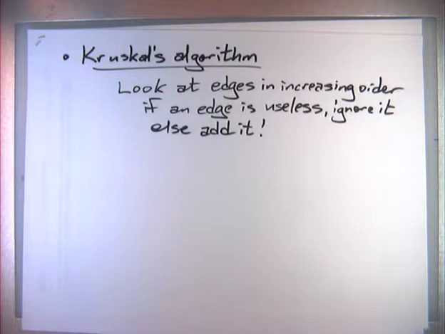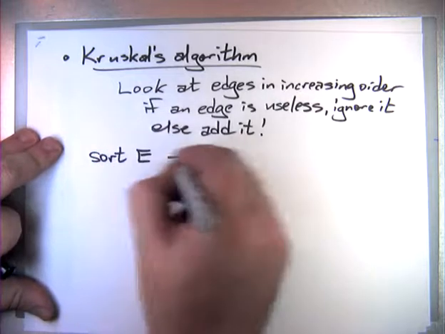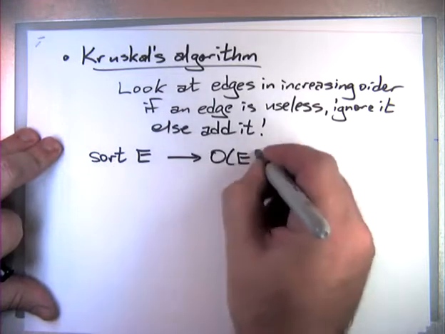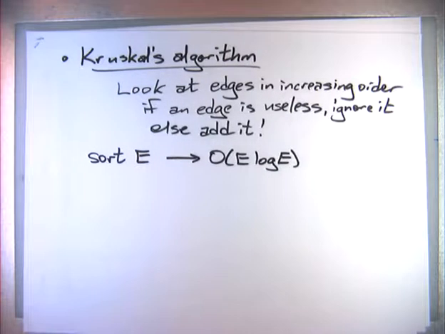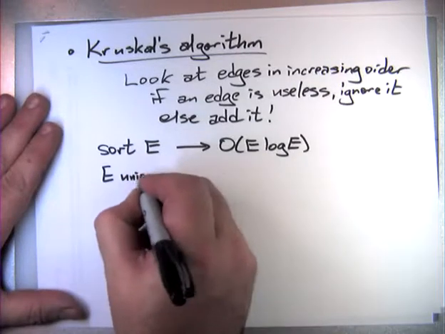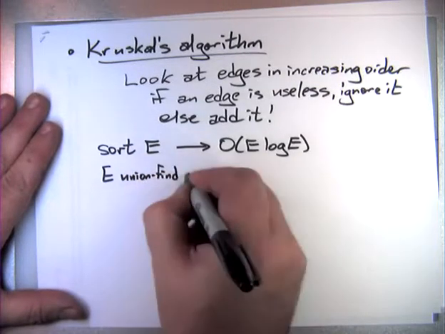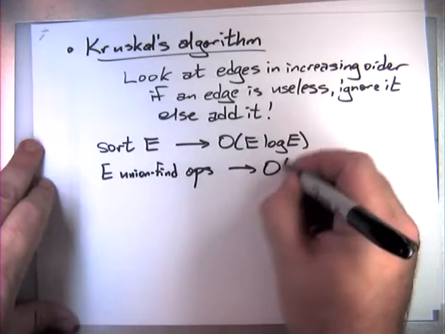So the running time is basically going to be dominated by sorting the edges, because I need to look at them in increasing order. And then I need to do E union find operations. And if I implement up trees with union by rank and path compression, see Wikipedia or see my notes if you don't know what that means,